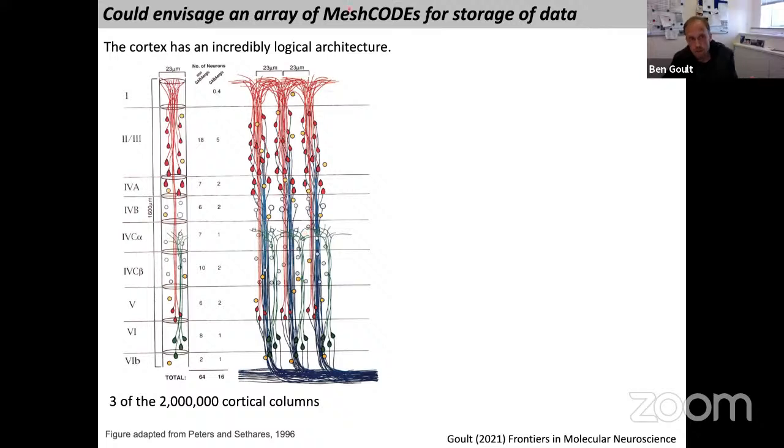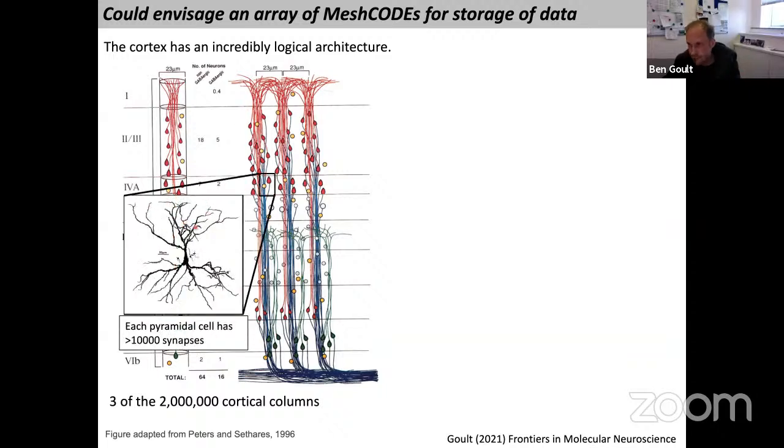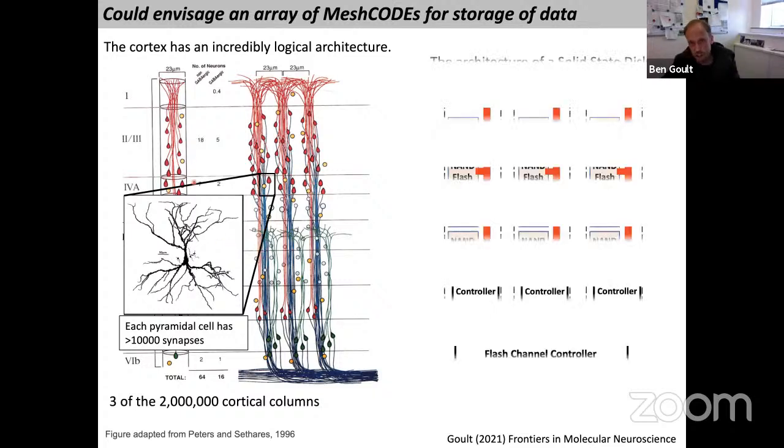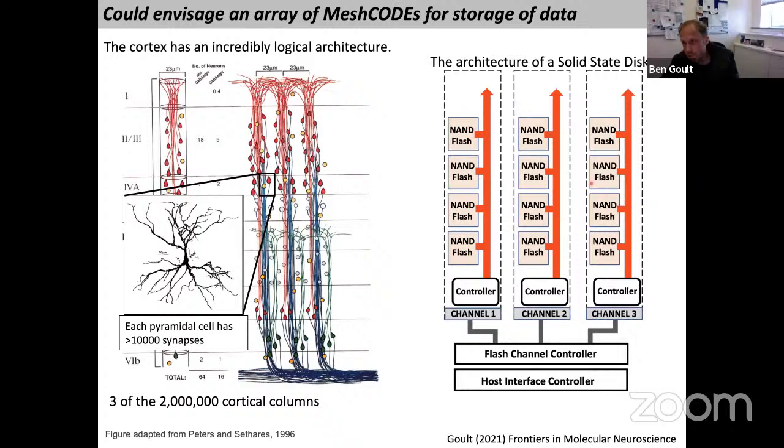And if you look at what the cortex looks like, this is one of my favorite diagrams from 25 years ago now. The cortex of the brain is incredibly logically ordered. The architecture is fantastic, with these teardrops here, each with 60,000 synapses. But in this concept, you've basically got a hierarchical structure of columns, these 2 million columns, made up of neurons, made up of synapses, made up of mesh codes, made up of tailings, made up of mechanical switches. So this is an incredibly hierarchical, logical structure,